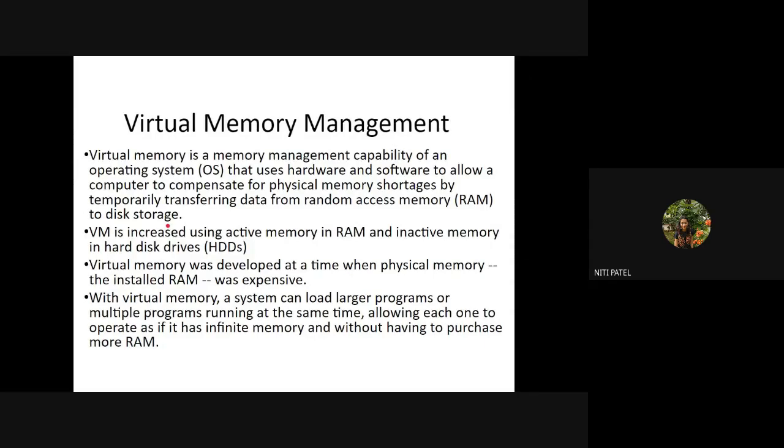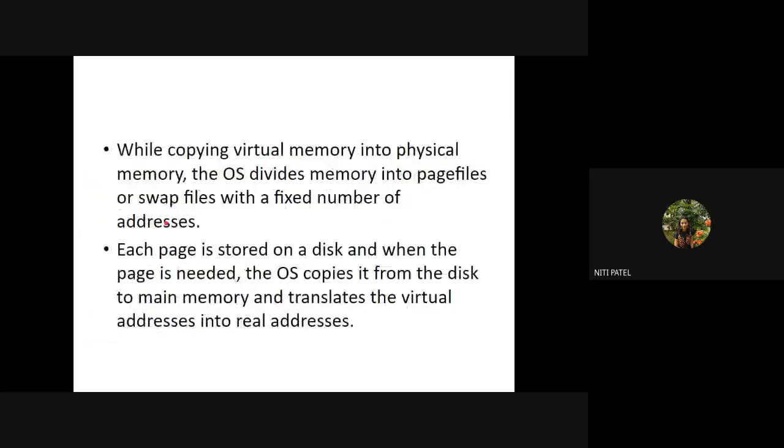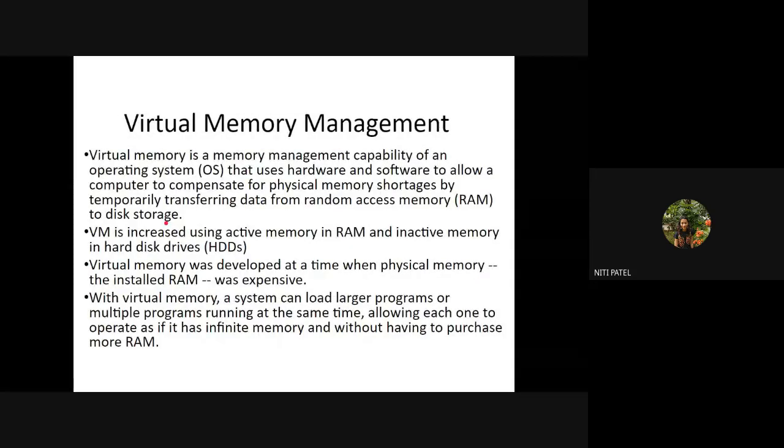Now, what did I say? We have two types of memory, primary, which is RAM, and secondary, which is your hard disk. If I want to create this virtual memory, from the secondary memory, whatever temporary files or unwanted files are created by some programs or processes, all those files are deleted. Some of the files of the RAM are temporarily transferred into the secondary memory in the place where those files were deleted, and the space which is created in the primary memory by transferring those files to secondary memory is considered to be virtual memory.